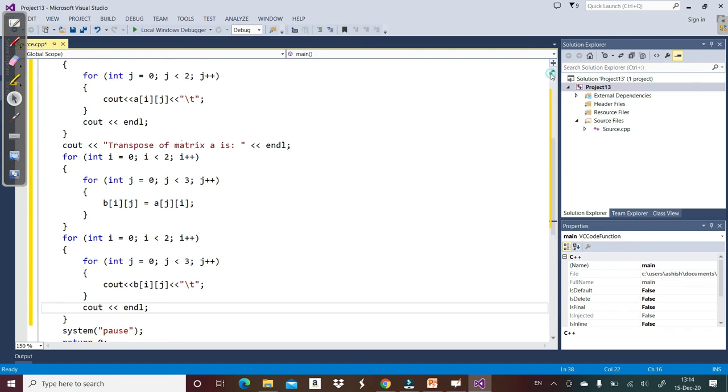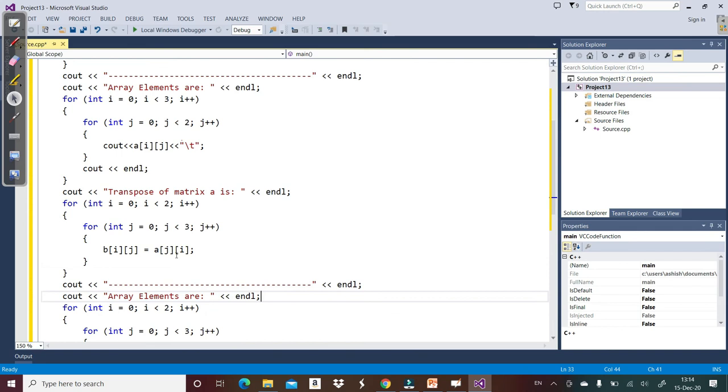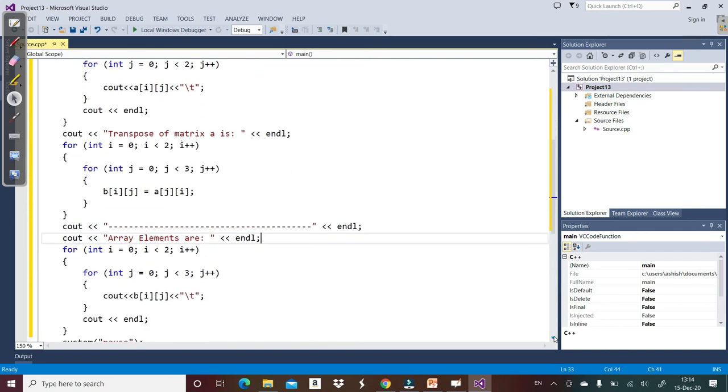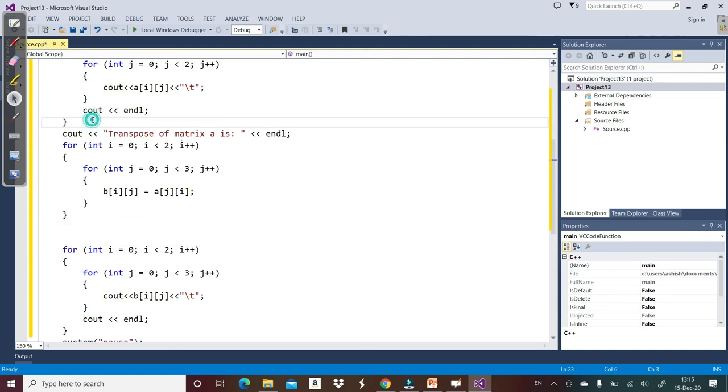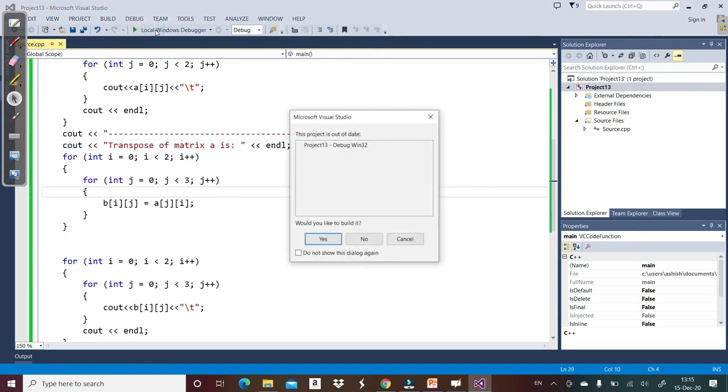And let's do some more formatting. Control C, and because we are displaying it, I should cut it and write it above that. So let's check how this program works.